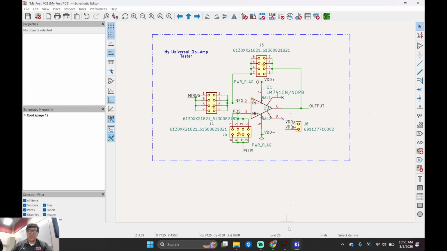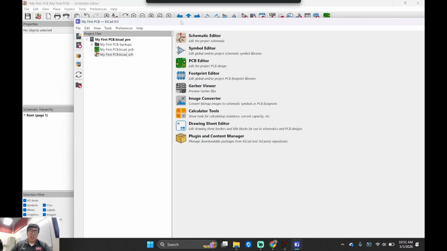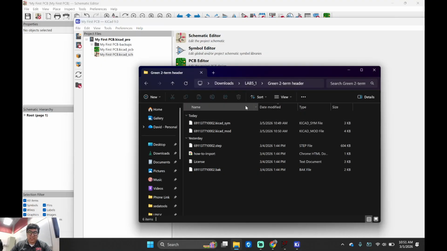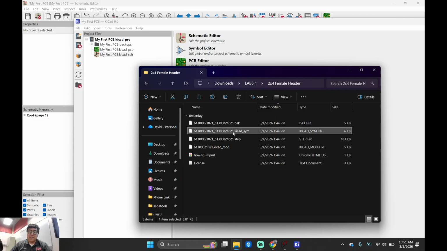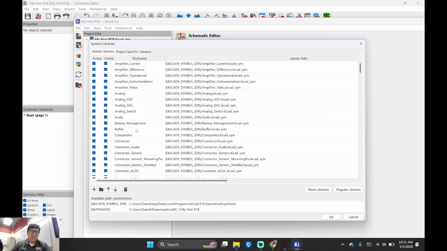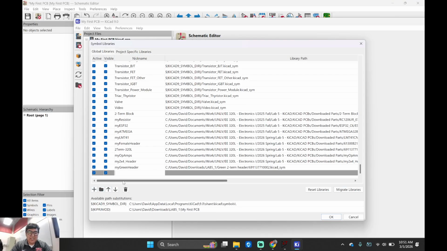So what are we gonna do? So let's go. I know this is a long process, but I promise if you do this right now, life will become a lot easier. So let's go check this guy's headers. The 2x4 female header has the symbol, the step, the mod, right? Symbol, step, mod, right? So let's go find it. Symbol, I'm going to rename this again, okay? I'm going to call this one 2x4 FH. I don't know, female header, okay?